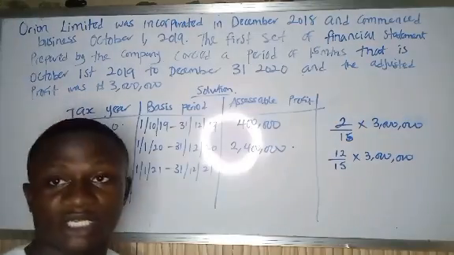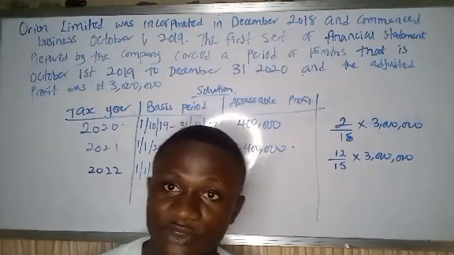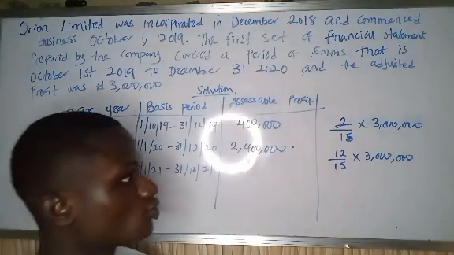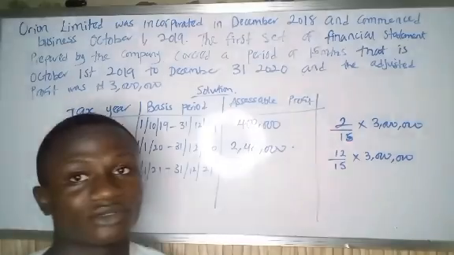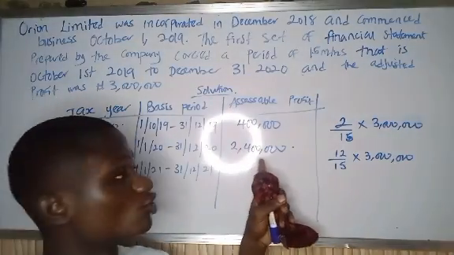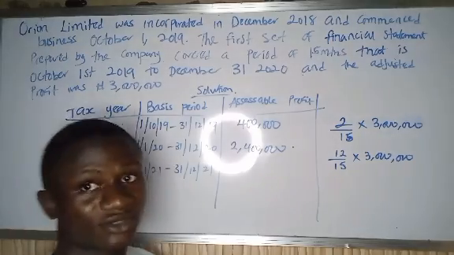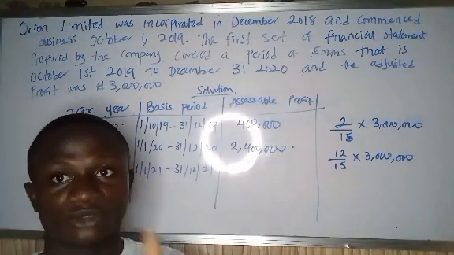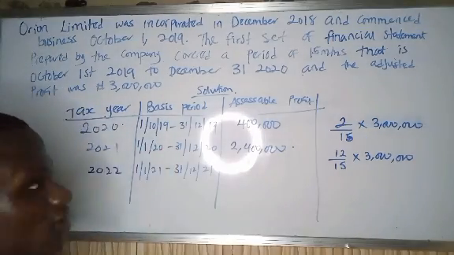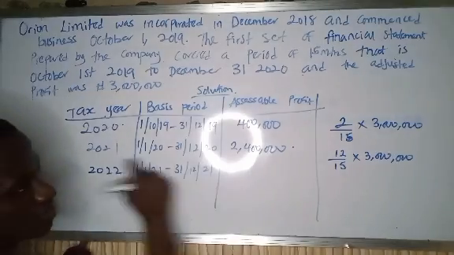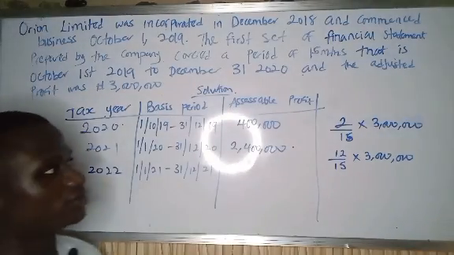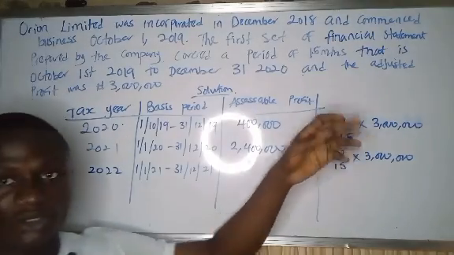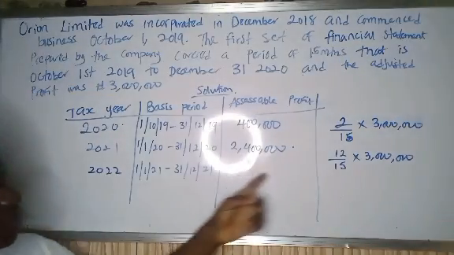So I've removed 2 months out of 15 months. I've removed 12 months. So 12 plus 2 months that I've removed, that's 14 months. So remaining 1 month. So 2,400,000 plus 400,000, that is 2,800,000, remaining 200,000, and the 200,000 is for 1 month. The remaining 1 month that is left. So this accounting year is not yet complete. So it is not a complete year yet.